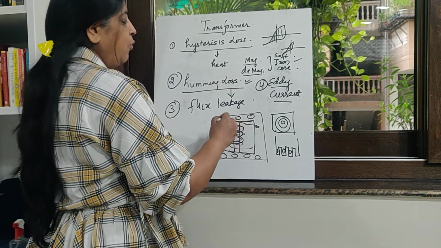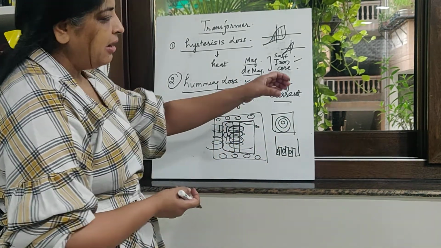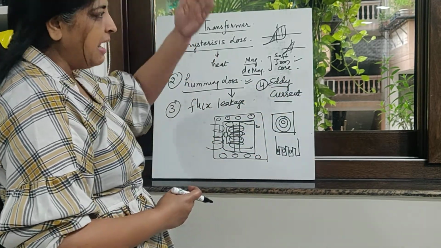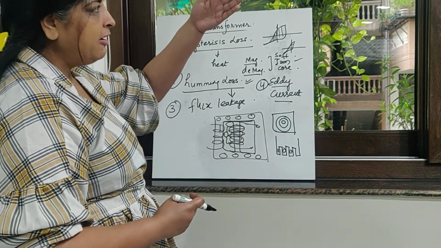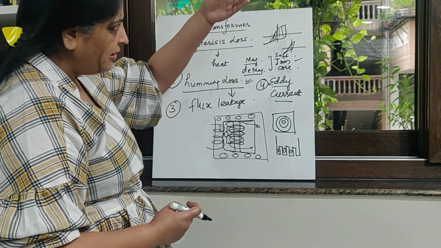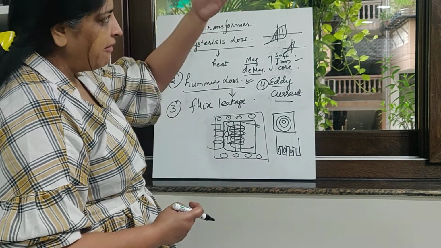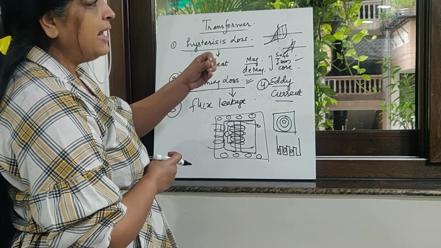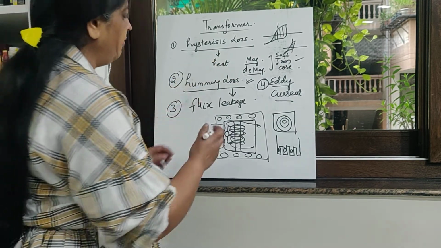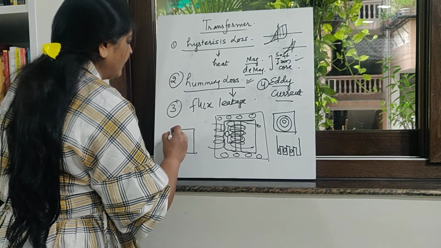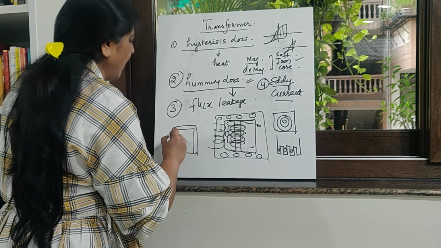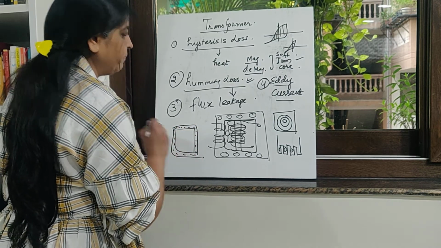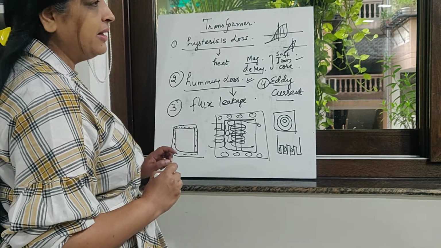In a similar way, instead of taking a thick iron bar for making an iron core, we can take laminated cores, which are in the form of plates. So we will have one rectangular plate, then another rectangular plate. Both will have some amount of adhesive between them. One is this one, and the other one is just behind it, and both of these will have some sort of insulating material between them, right?